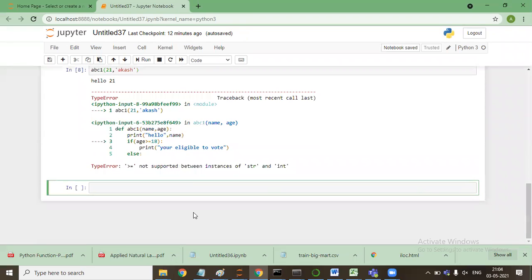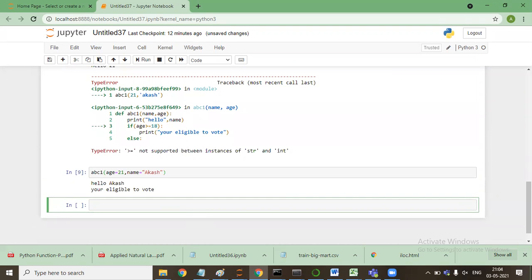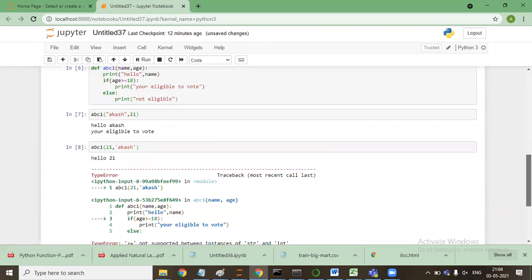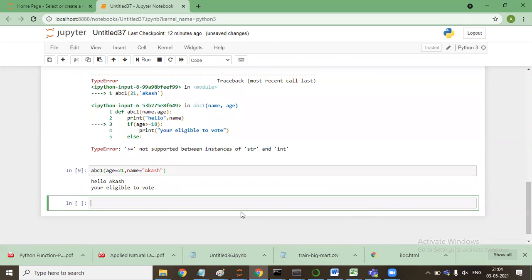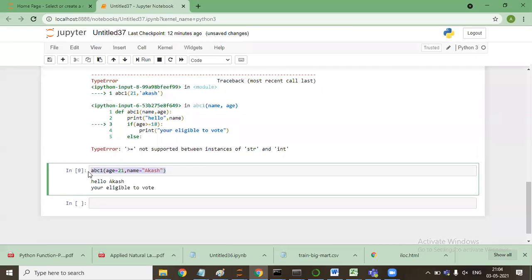Now if I say ABC1 with the keywords specified, then it will work because I have specified the keywords while calling the function. Are you guys with me? Yes.